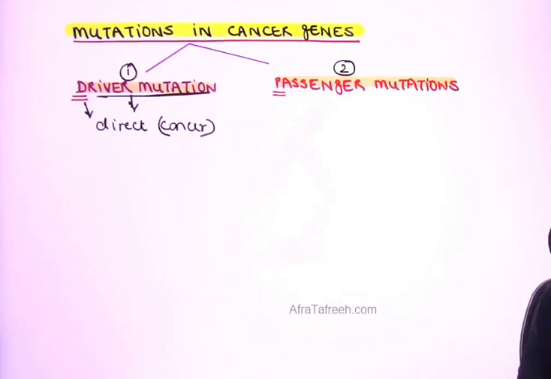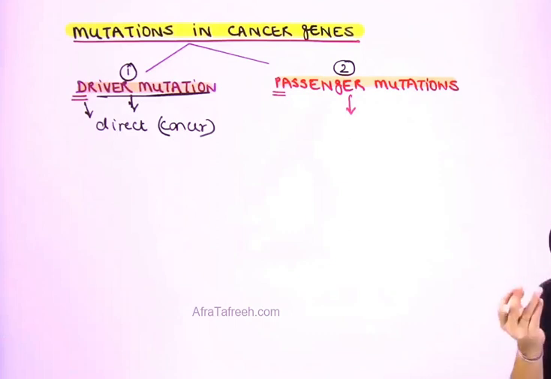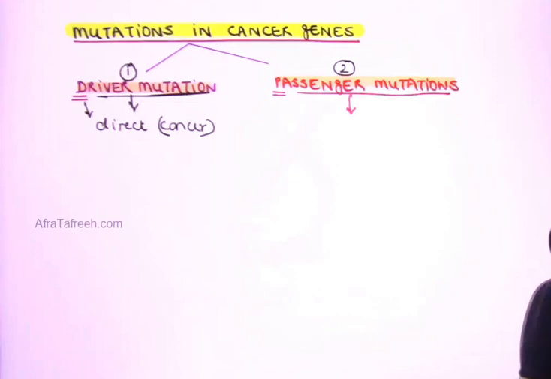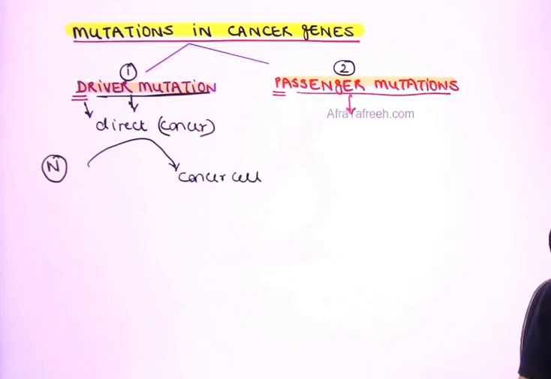But as in a bus, you would have certain passengers also. So just like that, in this kind of a cell, there will be presence of certain what we call as passive or neutral mutations which are not directly responsible for causing cancer, but they are also additionally seen. Now what is the significance of knowing about these passenger mutations? You have a normal cell. Driver mutations will convert a normal cell into a cancer cell. The cancer cell is going to be having multiple passenger mutations. They are not responsible for the pathogenesis of the tumor.